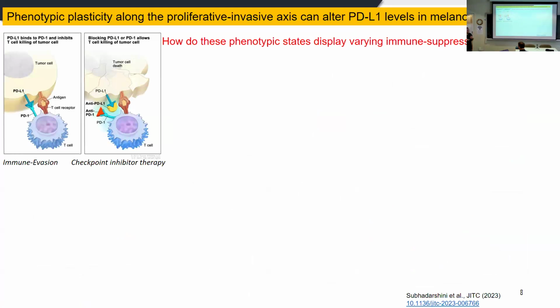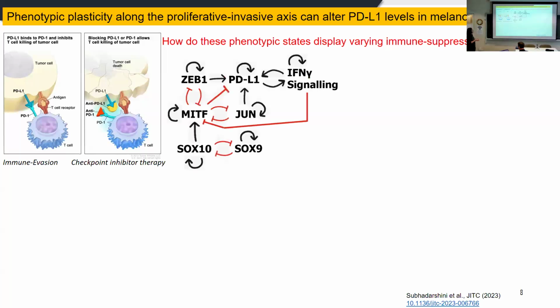Now that we have looked into one of the hallmarks, which is phenotypic heterogeneity, we thought of connecting phenotypic heterogeneity with the immune suppressive capabilities, because that's also one of the hallmarks, and we're trying to understand that. So all of these phenotypes have been known in literature to have different levels of immune suppressive capabilities. And we wanted a mechanistic understanding for it, for which we looked at PDL1, because PDL1, or programmed